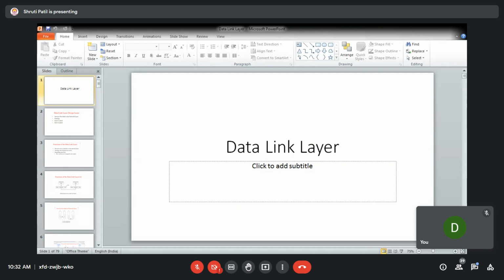We have already seen there are a number of devices which work at different layers. In this case, the data unit which is handled is the frame. Whatever packets are there, they are accepted from the network layer and converted to frames at the transmitter end. At the receiver end, it receives the zeros and ones from the physical layer, so it will have the frame. It will remove